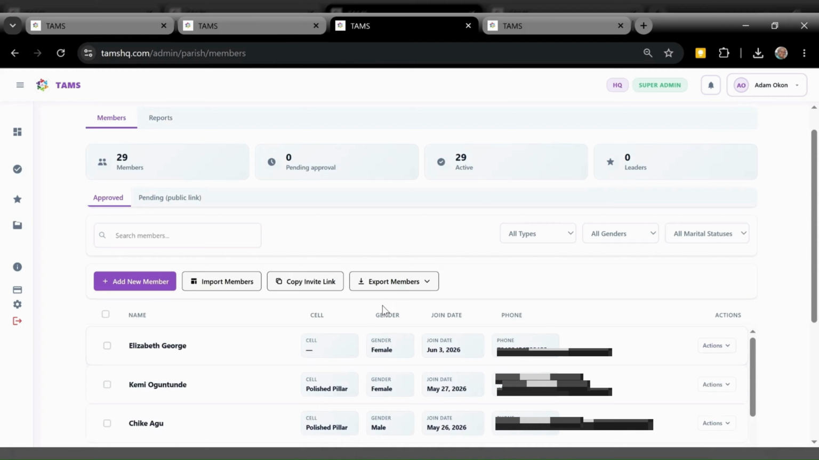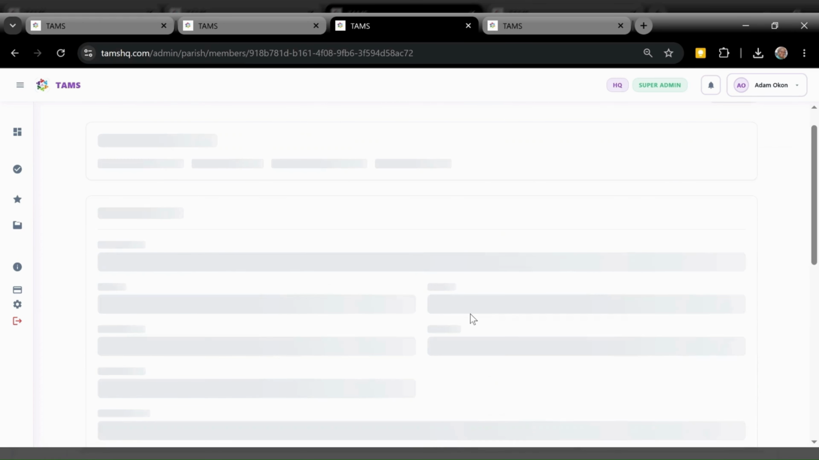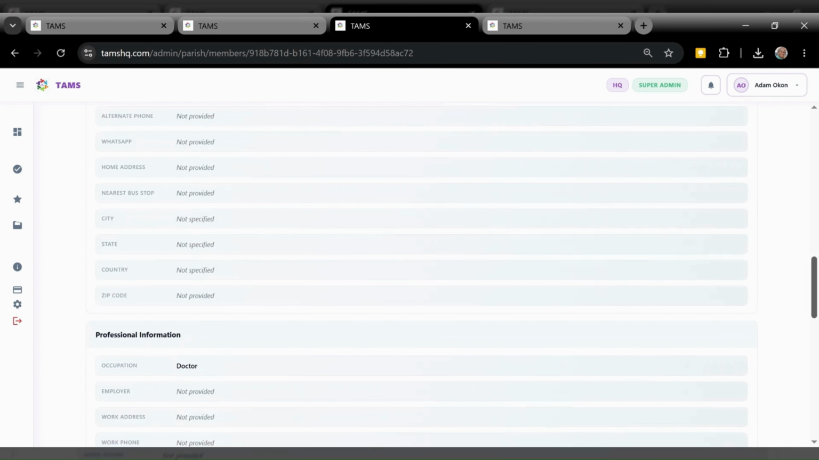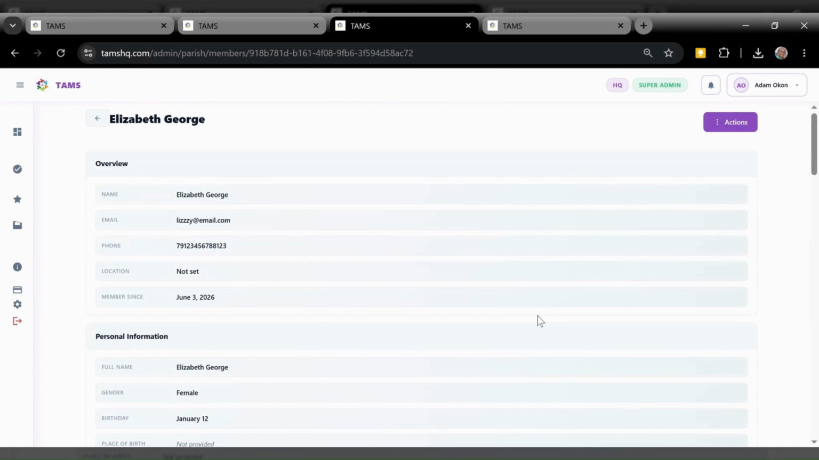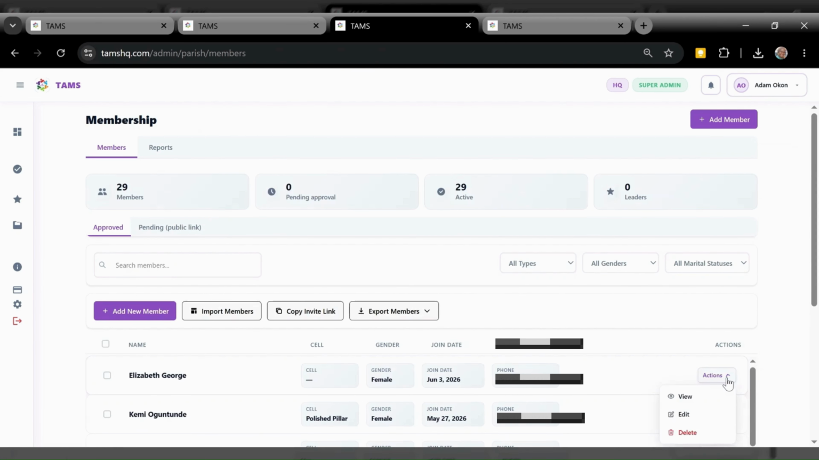So let's look at, you can come here and view Elizabeth's information just as it is. And you can also click on edit to edit or delete to delete that particular contact. Now let's look at